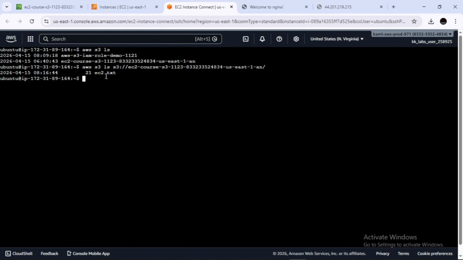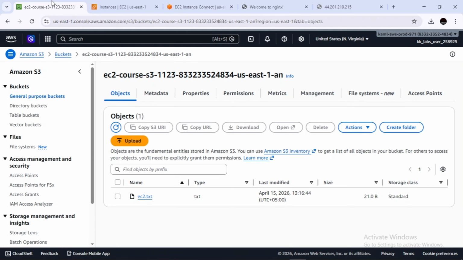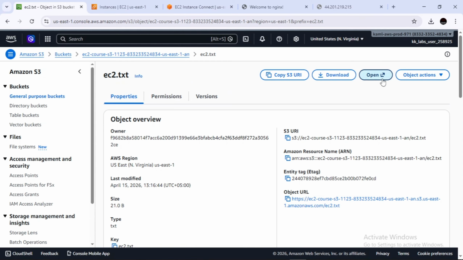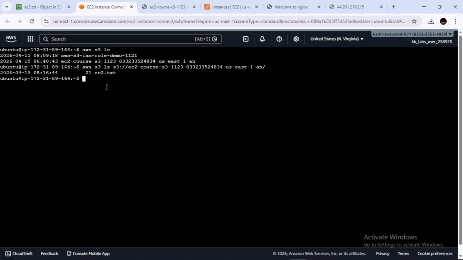can also view the content of this file, ec2.txt, from here. If I click on open, this is the content, this is ec2. Now what I'm going to do is I'm going to delete this.